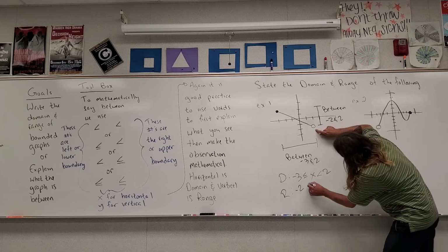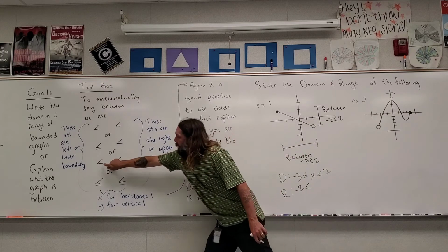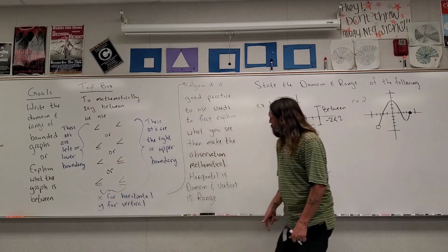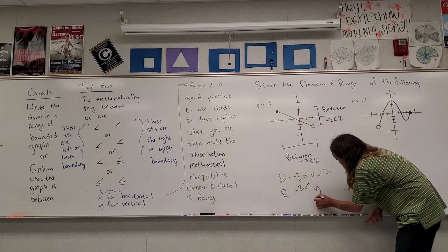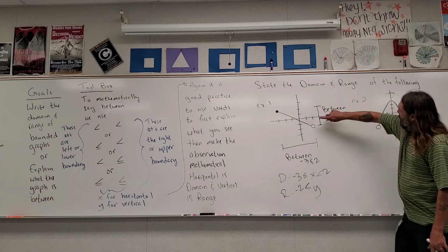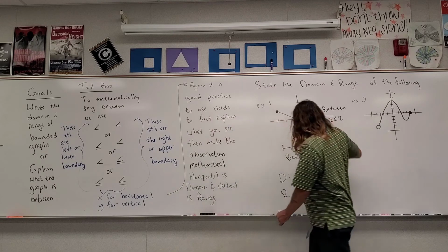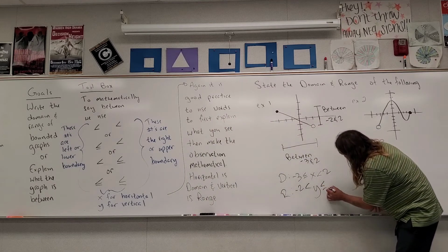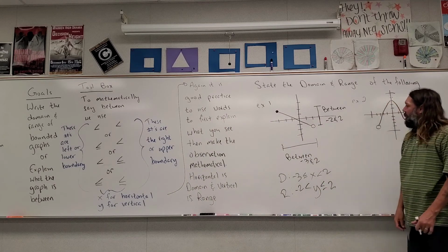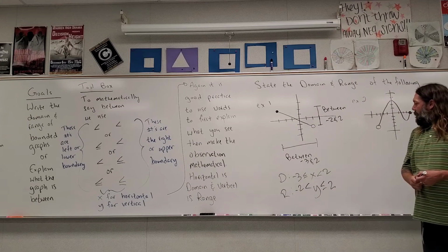It's at the open, so I'm using that, right? I have to use a Y because I'm doing a vertical description. And I'm going to use the less than or equal because it's closed. And my upper boundary number is +2. So that would be the description of a bounded graph